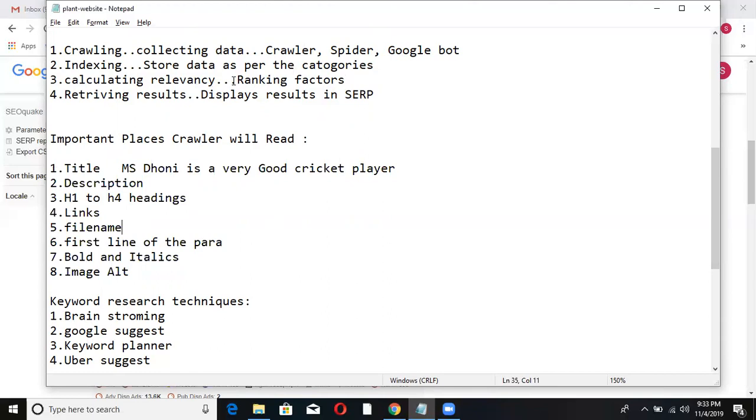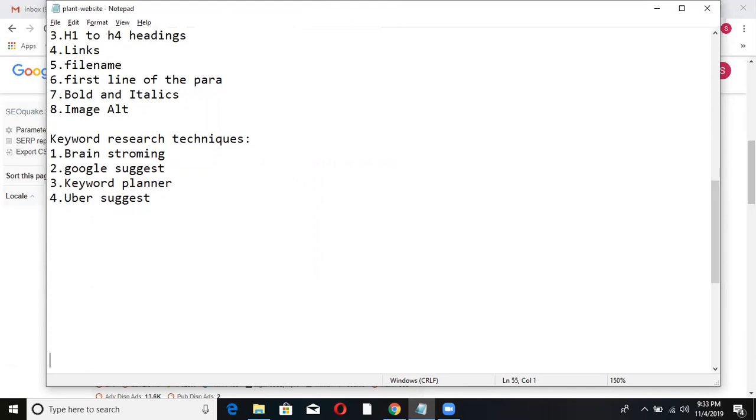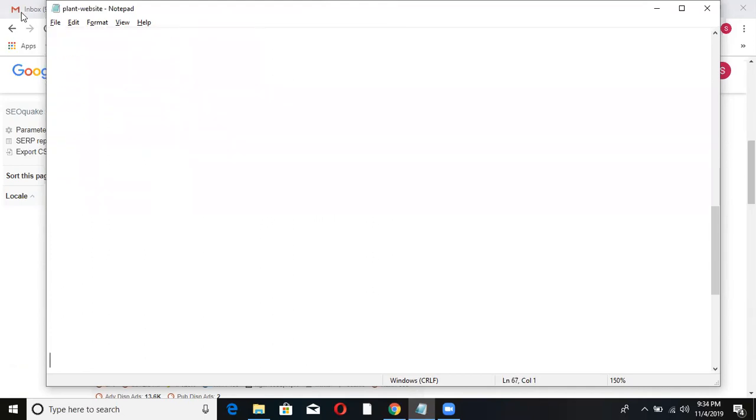No. Right. Now, I'm going to select one topic and do keyword research right now. Say you want to book a resort in Hyderabad. If you want to go to a resort in Hyderabad, what will you search on Google? I will be searching resorts in Hyderabad. What do you search? Vacation, holiday, staycation,